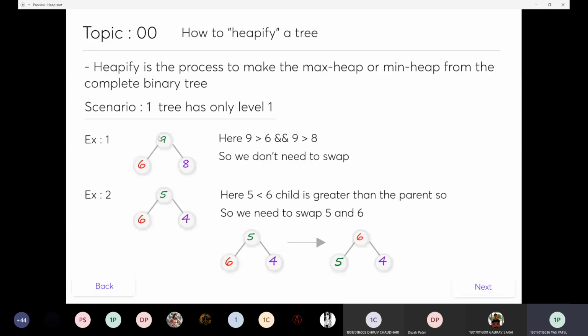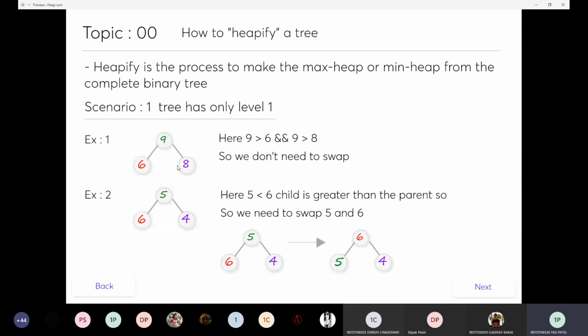Okay, so there is scenario 1, where the tree has only level 1. First, let's understand what the heapify process is. Heapify is a process to make a max heap or a minimum heap from the complete binary tree. So scenario 1 has a tree with only one level. We want to make a maximum heap or a minimum heap.